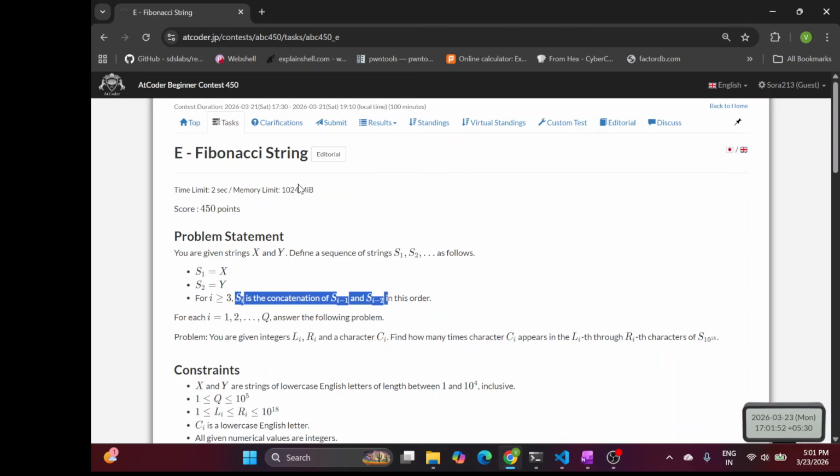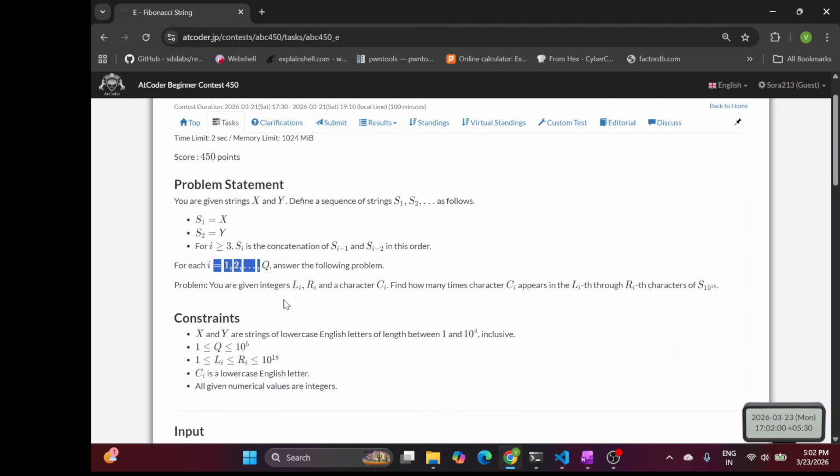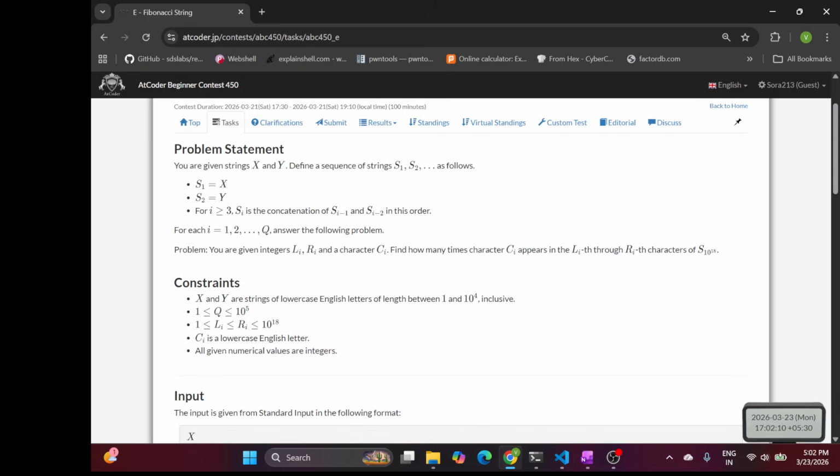Fi is nothing but the sum of the last two values, that is Fi minus 1 plus Fi minus 2, right? And we need to answer Q queries, and in each query we are given three inputs, that is L, R, and C. We need to find the number of times the character C appears between L and R, in the S of 10 raised to 18th string,